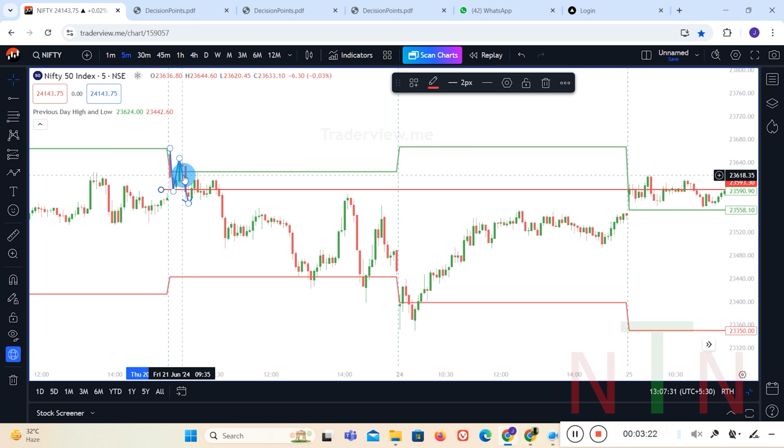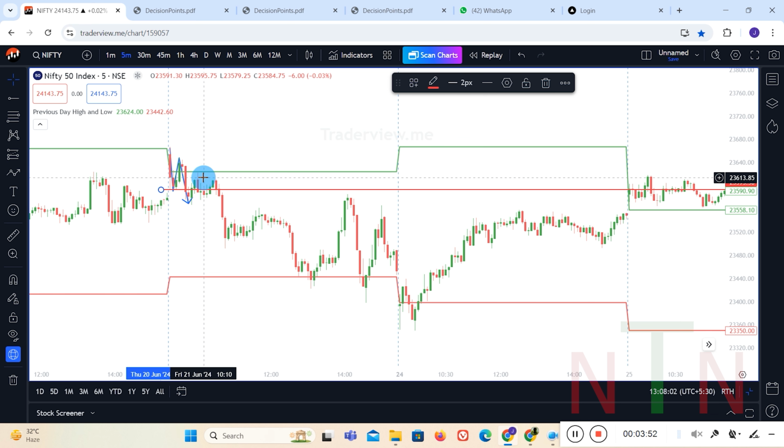So we are getting a first confirmation: the market is on the sell side only. What is the next confirmation you are getting? There is a 15 minute swing low that has been made, and it is still breaking that low. It is first breaking the previous day high, breaking the first swing also. Then my trade has a proper confirmation, 100% I'm getting a confirmation the market is going to go down. So the open price also plays a vital role for us to take a proper trade.